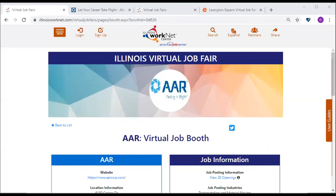How long is each virtual job fair event? Do job seekers register for one event and then virtually visit individual employer booths? So each virtual job fair event can be 30 to 60 minutes. It's really up to the employer and scheduling their event and how much they want to fit into that allotted time frame. And job seekers can